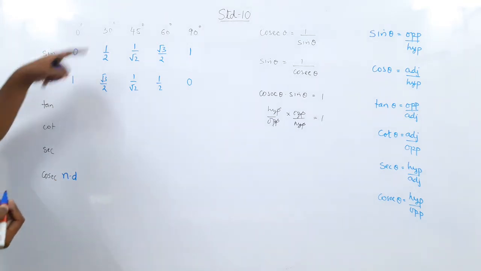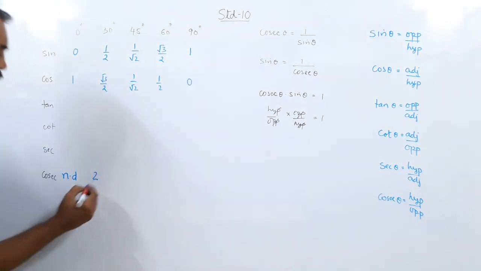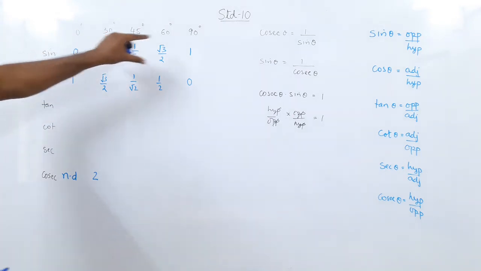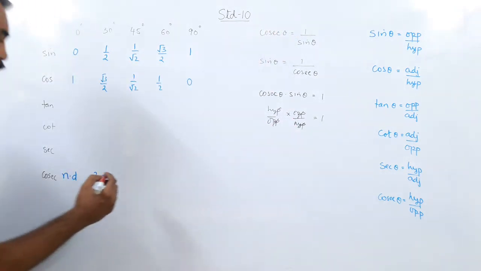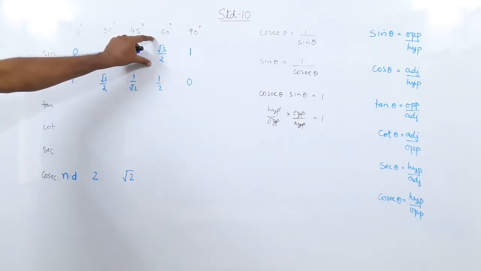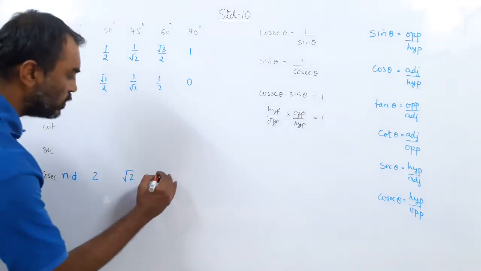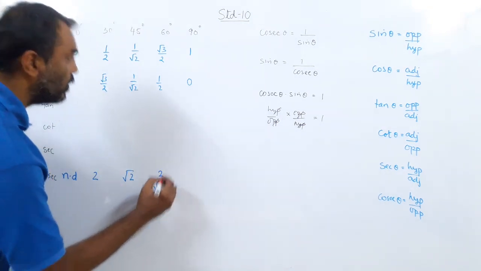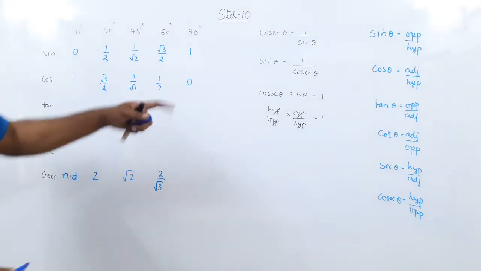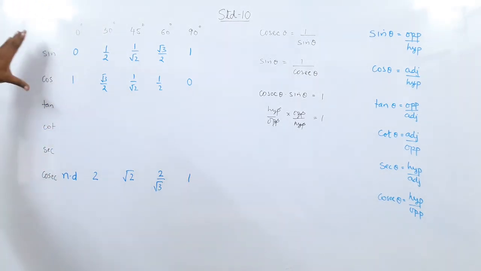When 0 becomes a denominator, it is not defined. Now what is cosec of 30? Sine is 1 upon 2, so what is the reciprocal? 2 upon 1, or we'll call it 2. What is the sine of 45 degrees? 1 upon root 2. So what will cosec be? The reciprocal, root 2 upon 1, or just root 2. Similarly, sine of 60 is root 3 upon 2, so cosec 60 will be the reciprocal, 2 upon root 3. And sine 90 is 1, so cosec 90 is 1 upon 1. The reciprocal is 1. So in this table, have you followed?